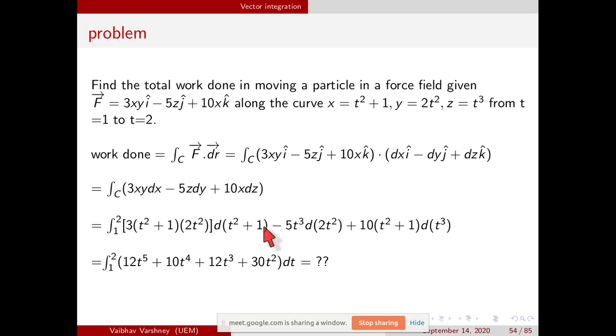Are you using the substitution method? To convert it, we will take another variable t square plus 1. No, I don't think there is any use of the substitution method. It's very simple and direct, because all are in terms of t. Sir, for the last term, there will be 2 dt's. No, why will there be 2 dt's? It will be 3t square dt, is it not? Yes, sir. And that will be multiplied with all of them. Yes, exactly. That 3t square will multiply with this 10 and this t square plus 1.